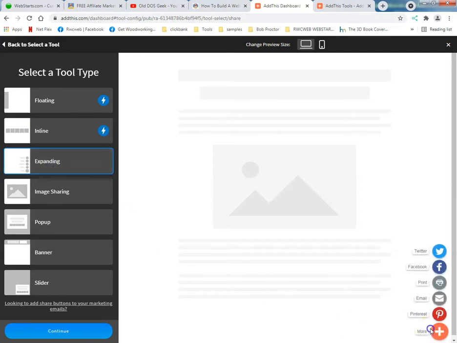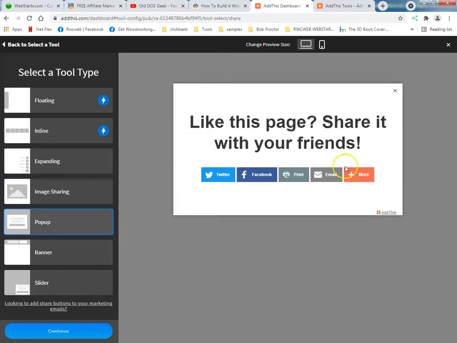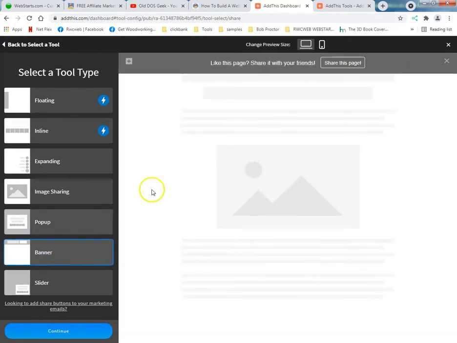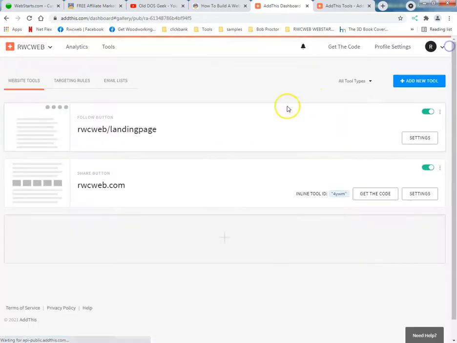Expanding. Let's see this one. Look at that. That's a beautiful thing. I like that. That's kind of sexy. Okay, you can add your own images with it. Haven't done any of this yet. This, I love pop-ups. It's so old school, but it's great. If you've ever seen some of those affiliate sites with the pop-ups, it's just phenomenal. Okay, you got your banner bar there. Okay. And you got your slider that pops up. So that's one.